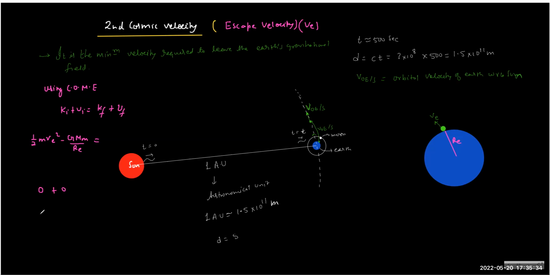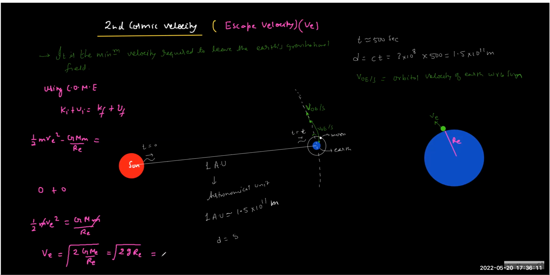And therefore, or in a way you can think that you give some positive energy to overcome the negative potential energy. So you just overcome this barrier. You can see the V escape turns out to be root of 2GME upon RE, which you can write as root of 2gRE. If you remember, GM you can write as gR square, correct? By multiplying with RE in the numerator.